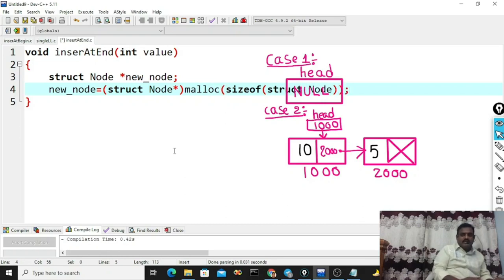So this is the way we can allocate the memory for that node.